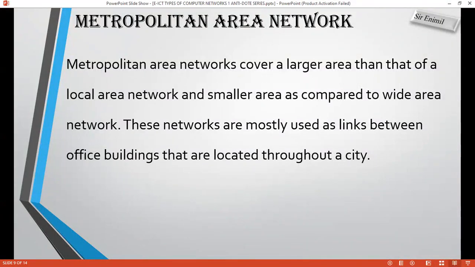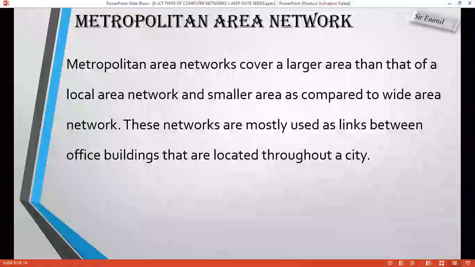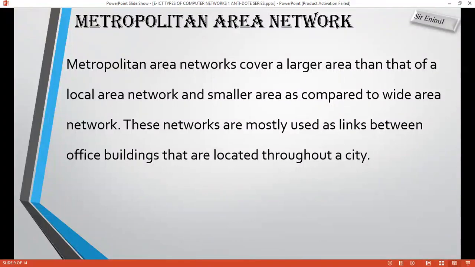Now, a metropolitan area network comes in when the offices have what? Branches. So there is an office within the city that has about two or three operating places. For an organization like that, it is very important that you set up a metropolitan area network, so that at the end of the day, all the data that you receive from your customers will be in sync, so that you will not have one data different from the other, though you are working on the same thing, except that the current office is not big enough to handle everybody.